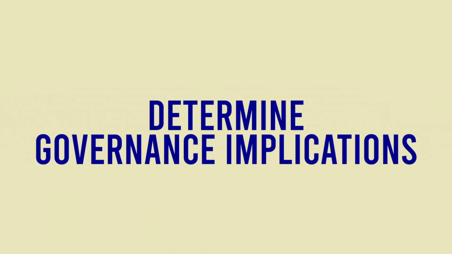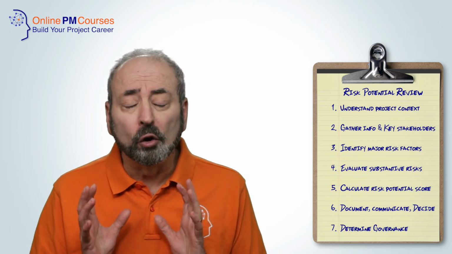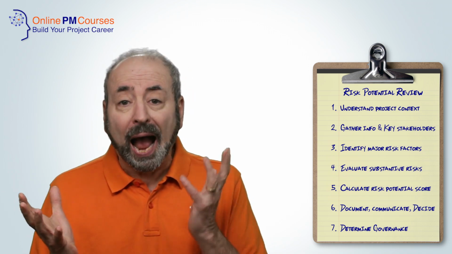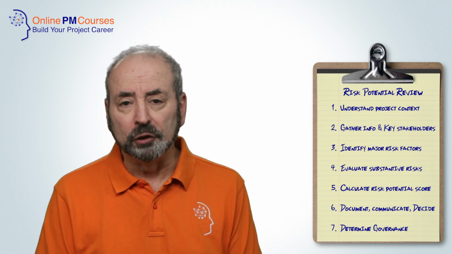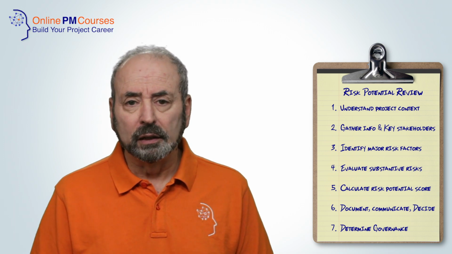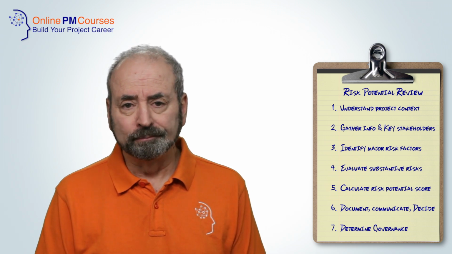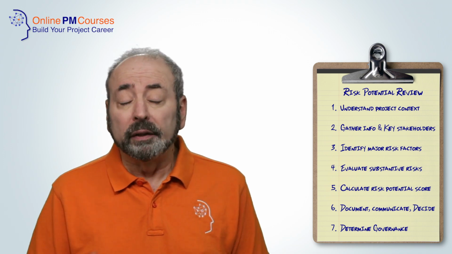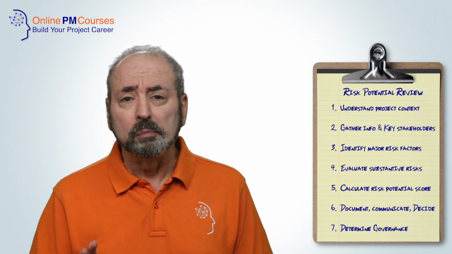Stage 7. Determine the governance implications if the project goes ahead. Use the findings of your risk potential review to size the level of contingency, both time and budget, and also to scale your risk management effort during the project. Where necessary, adjust the scope, the phasing, or the delivery strategy to reduce your overall risk exposure. This may have budget or schedule implications. And the output of your risk potential review should dictate the level of governance that is appropriate when you deliver